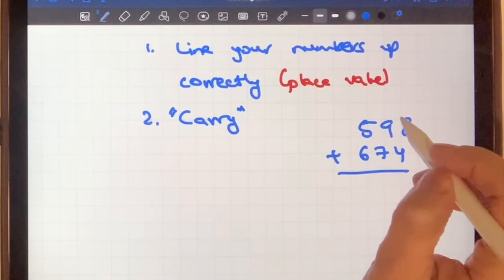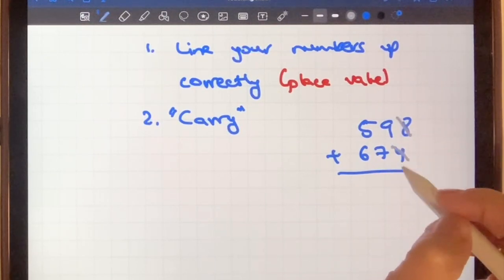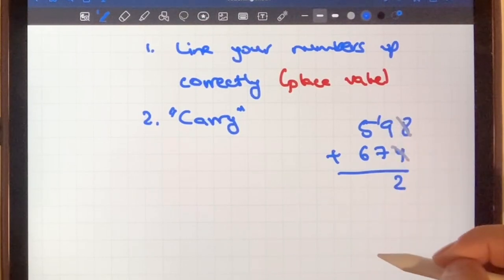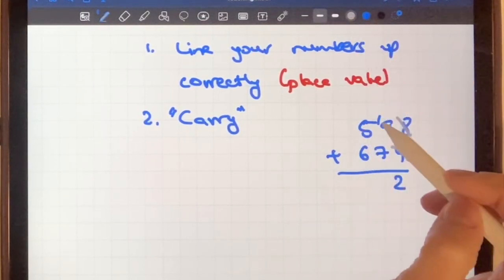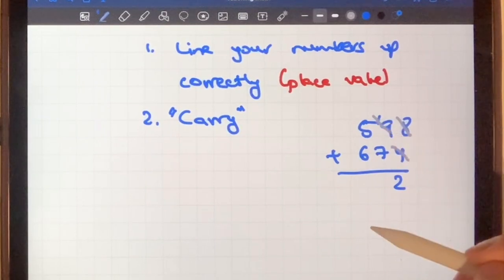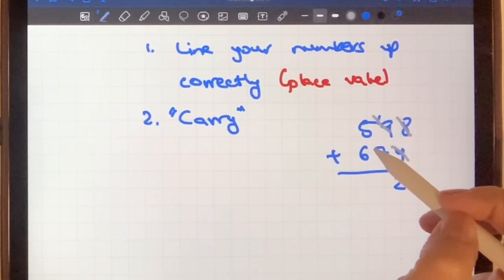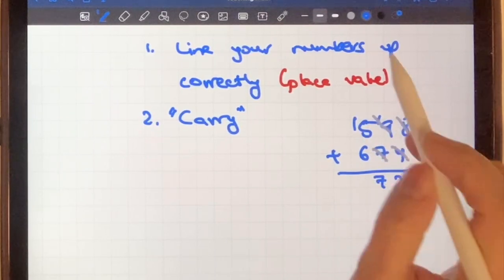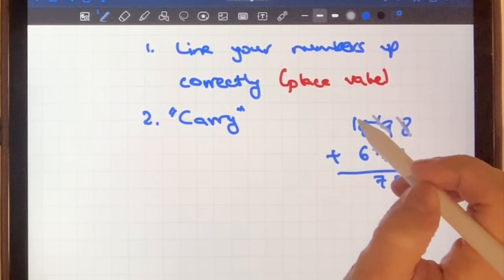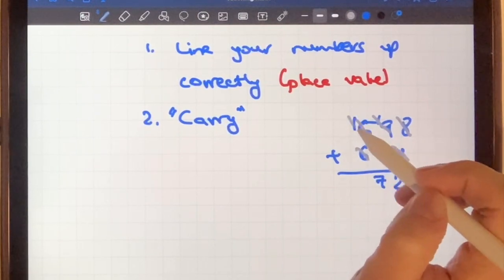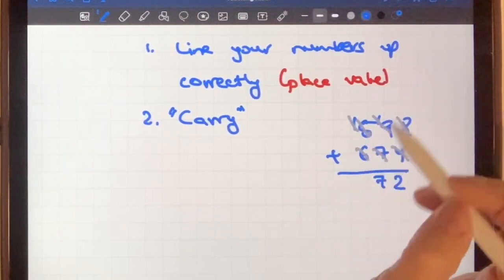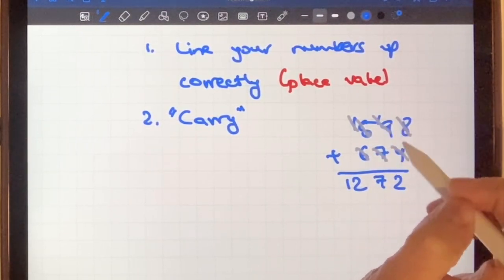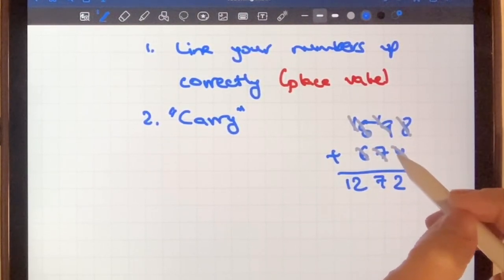I go like this: 8 plus 4 is 12. 2, carry 1. Okay, so then I go 1 plus 9, that's 10. Plus 7, 17. So 7, carry 1. And then I go 5 plus 6 is 11. Plus 1 is 12. So that way I make sure that I'm definitely adding everything, and it might not be